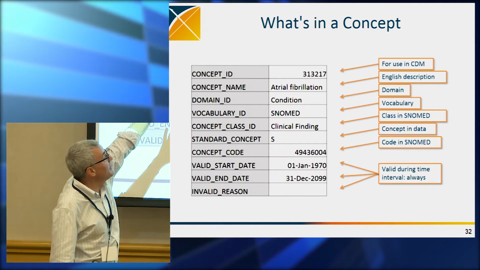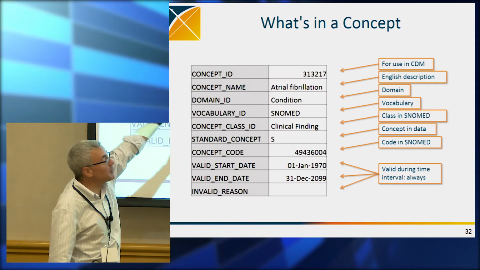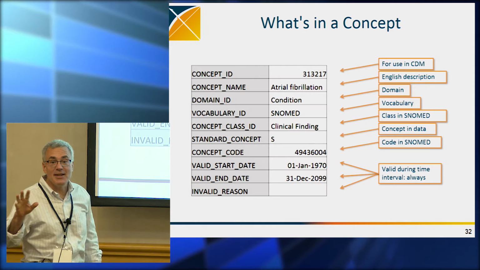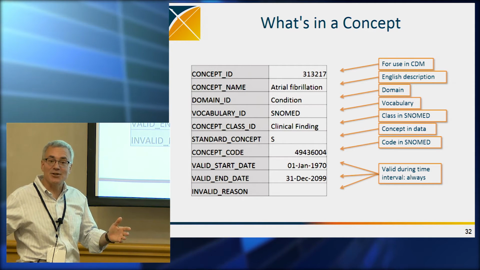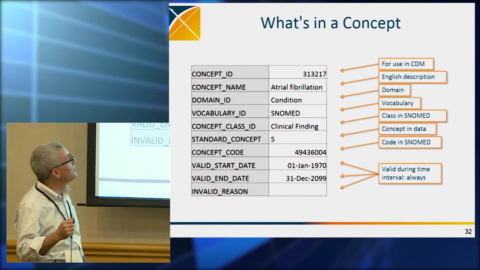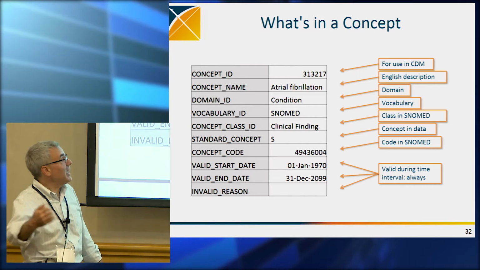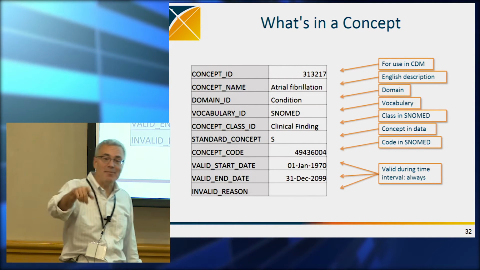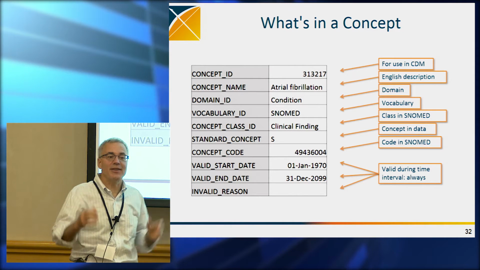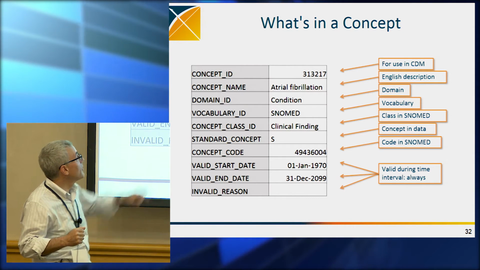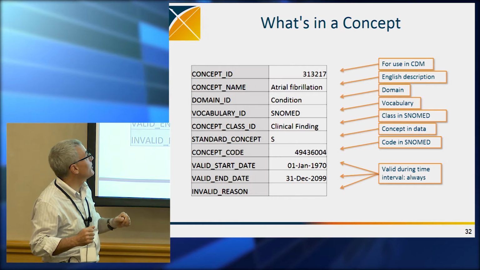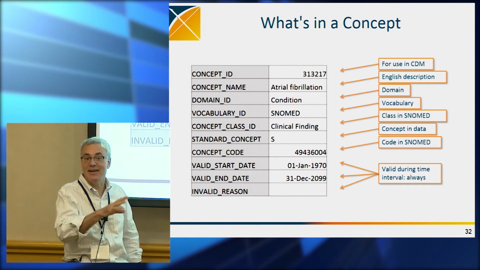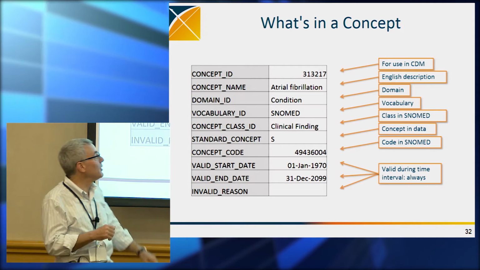We have the concept ID, OMOP's name for it, the English description, which usually comes from the source vocabulary, and the domain. That's the OMOP area that this belongs to, and it tells you what table these data are going to go into. The vocabulary came from SNOMED. The concept class is that vocabulary's classification of where that term belongs. Then whether it's a standard concept, which I just talked about, and the concept code, that's that vocabulary's name for it. So for ICD-9, it would be 429.31.